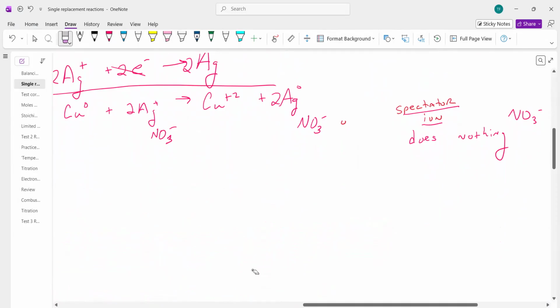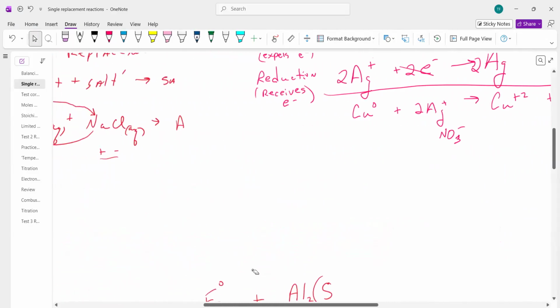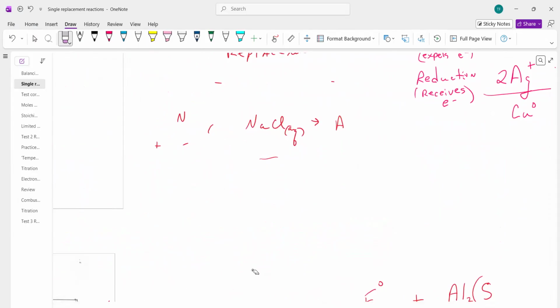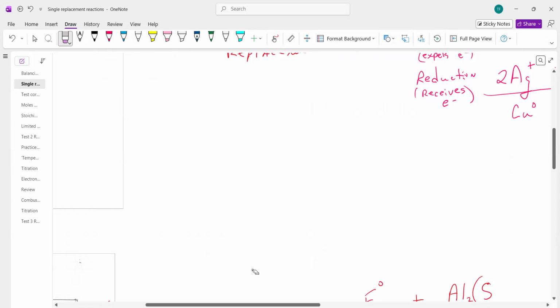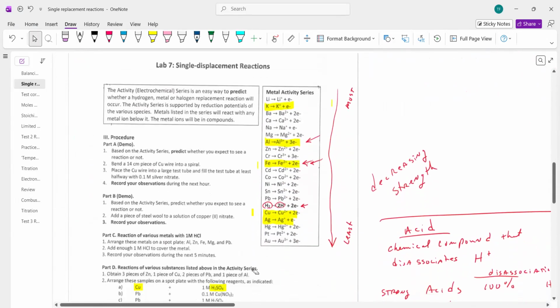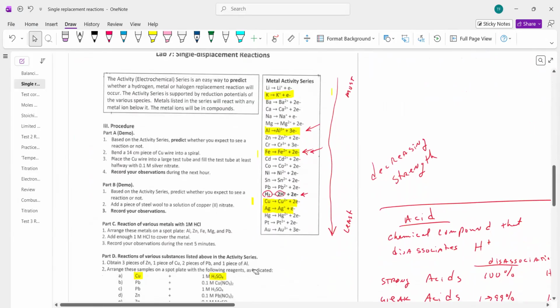So, question is, will this reaction go? Or will nothing happen? Now, to figure that out, we need something called an activity series. And that'll say whether